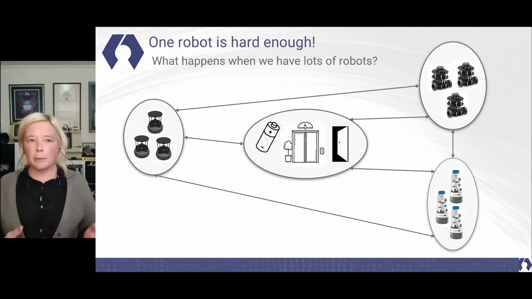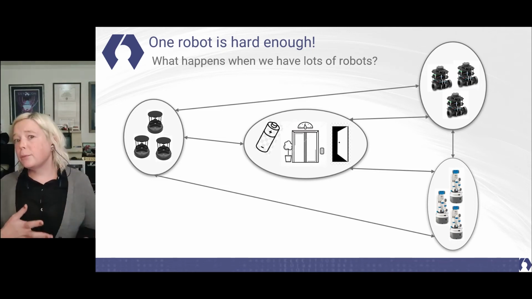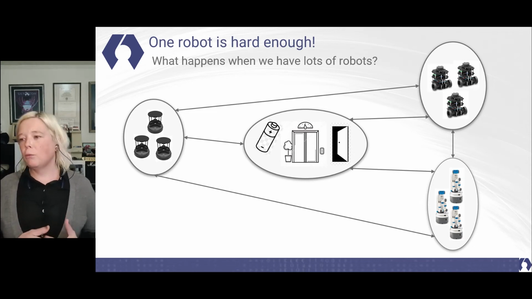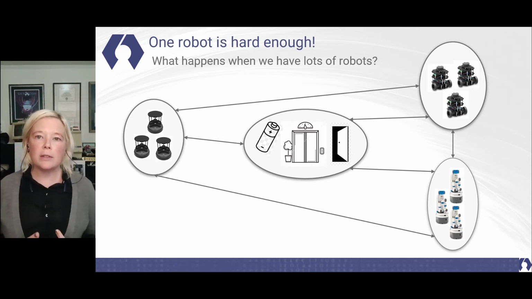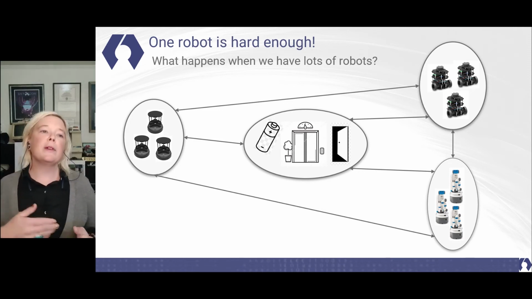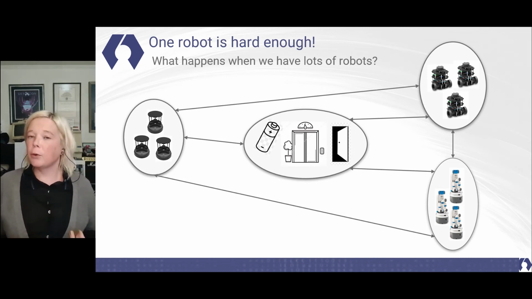So now that I've talked a little bit about the products that we've been releasing for a while, I also want to talk about some of the new stuff that is coming down the development pipeline. And so what we've noticed working with our customers and talking to ROS users is that we're moving past the point where people are just building one robot. And we're moving past the point where people may have a couple of the same kind of robots, and